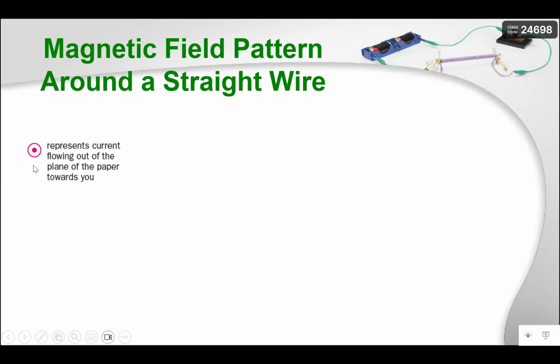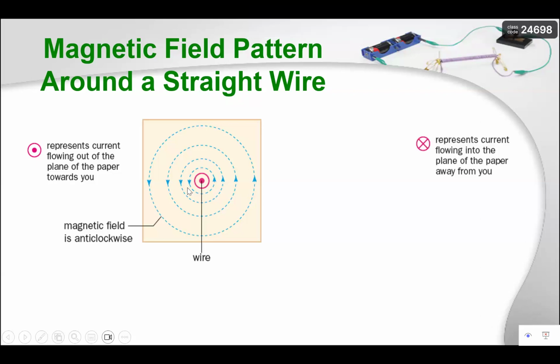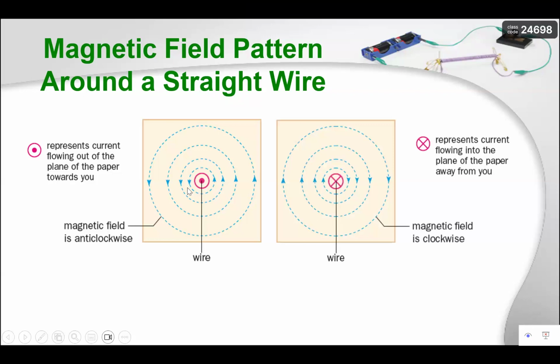Okay, so over here, I have wires carrying current into and out of the paper. In the first one, I see the sharp tip, which means the current is coming out of the paper towards me. So if I point my thumb towards myself using my right hand grip rule, I will get that the magnetic field is in the anti-clockwise direction. What happens when I reverse the direction of the current? Now I change it such that my current is flowing into the paper. I see the back side of the arrow, so I have a cross here.